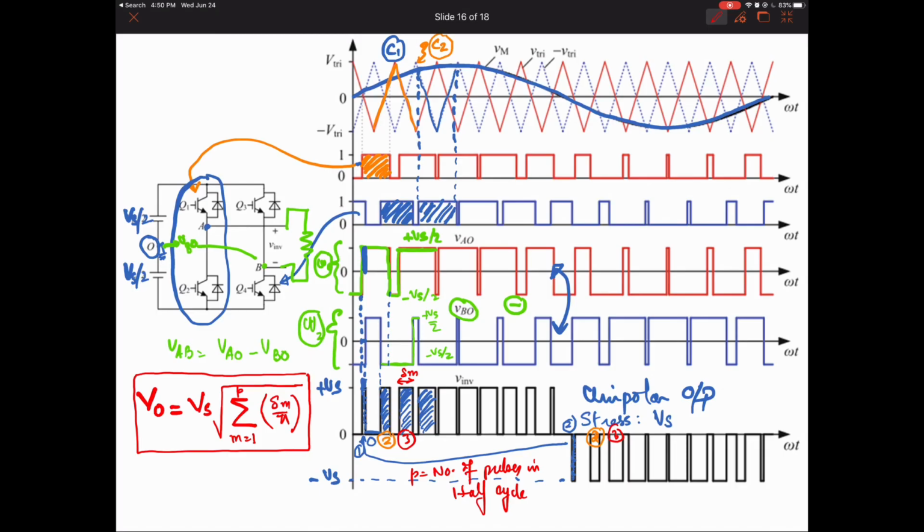And how to represent the PWM signal in terms of Fourier series? For that you can refer back to the video in which we discussed the uniform PWM. The expression for the Fourier series will remain same, but the starting angle, the ending angle, and the pulse width will be different. So that will be updated in every pulse set, but the expression will remain same. So that expression will give you a new value of the Bn for every pulse. So by adding them together you will get the net Bn, that is the Fourier series coefficient for this particular